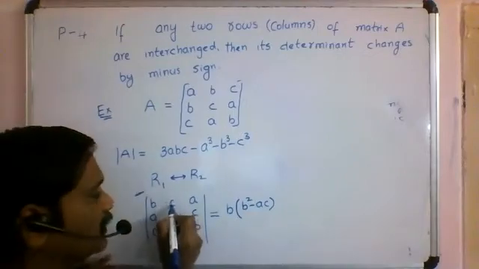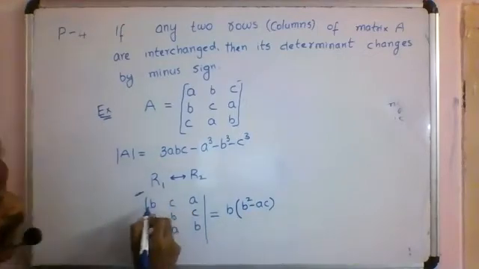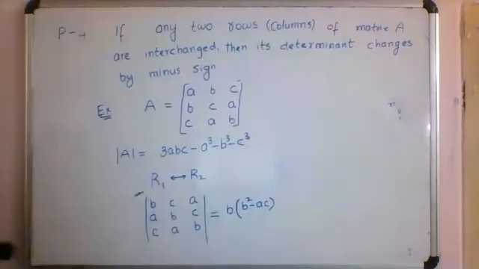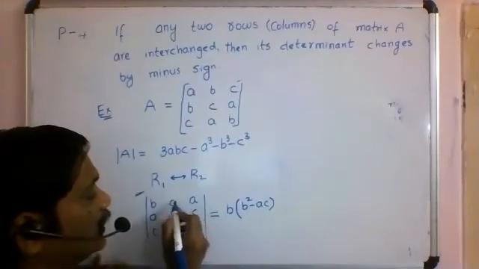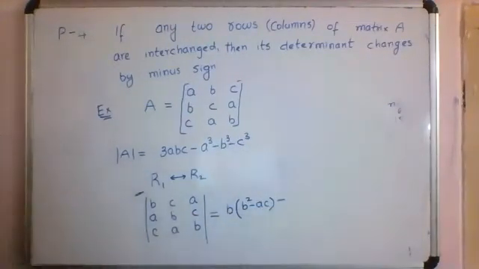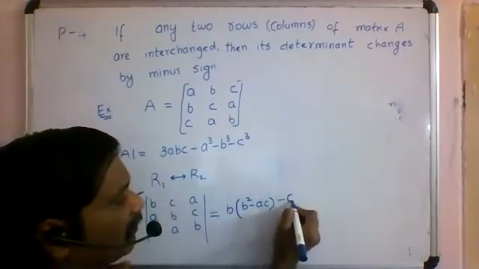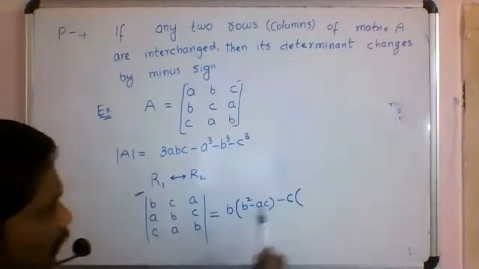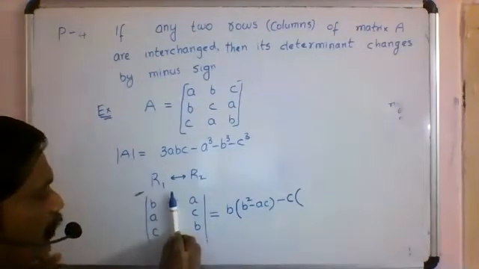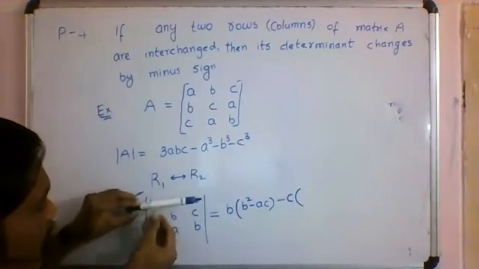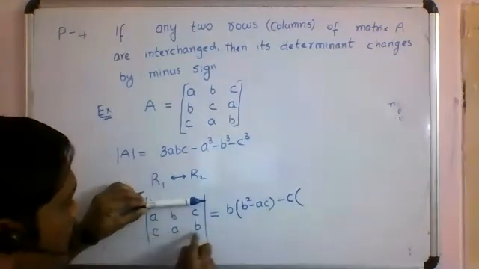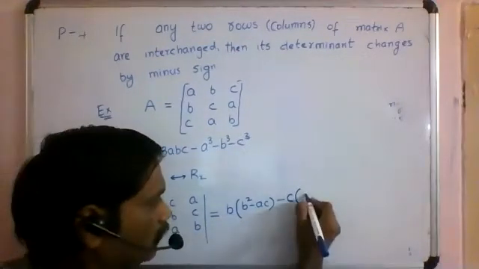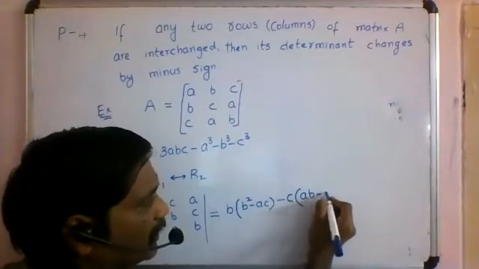And for this second element, this is first row, second column, 1 plus 2. 1 plus 2 means 3. When odd number comes, okay, I said you have to keep minus here. Minus this element C of, now see what we are going to get in the bracket. Close the column containing C and row containing C. So we are left with these elements and its determinant is AB minus C square. So AB minus C square.